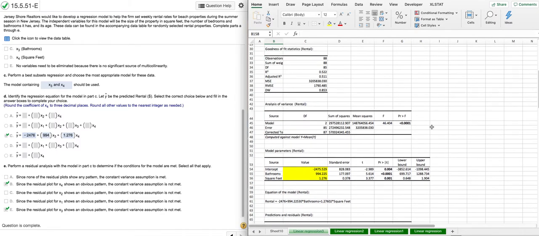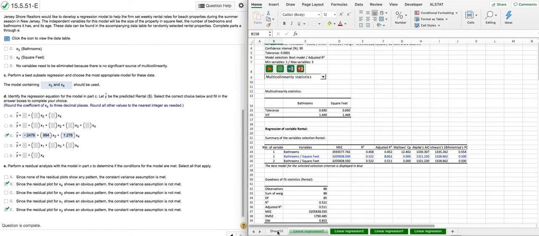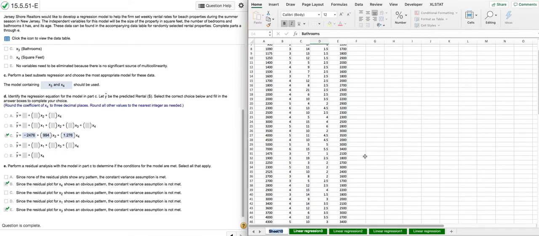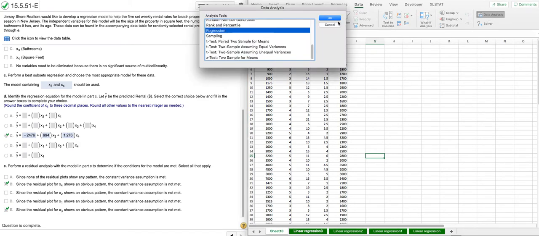So here's a case where we want to actually go back and just run it really quick through the data analysis toolpack to look at the residuals. So I'm going to go back, and here I go running another regression, this time through the data analysis toolpack. I'm going to go data analysis,